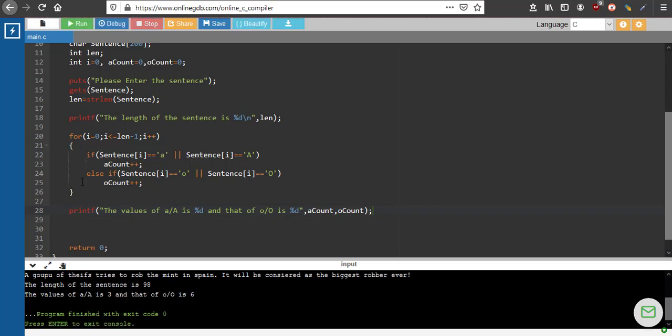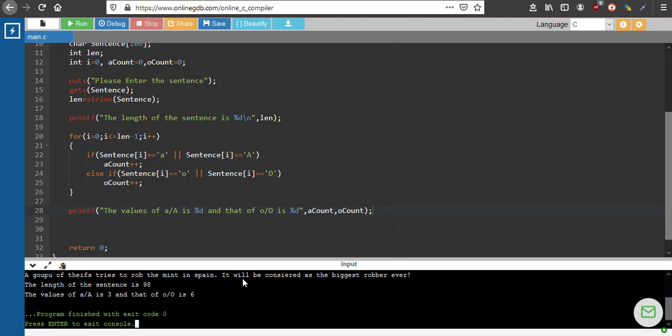Okay, so there are 98 characters in the sentence, and the value of A is only 3. It is telling only three times A has come. Is it right? 1. So it's group. Okay, this is a spelling mistake. A 1, 2, 3. It seems correct. And O is 6. So it also should be correct. Okay, we'll just check that.